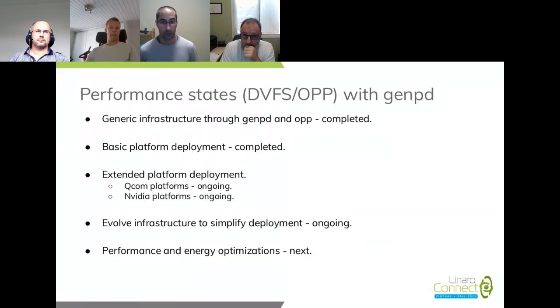And me personally and Brijesh Kumar have been trying to help out, giving guidance and reviews when this platform deployment series reaches the mailing lists. And during these kinds of discussions, we realized that there are, again, corner cases and other small bits missing in the common infrastructure code that we are trying to help get upstream as well.